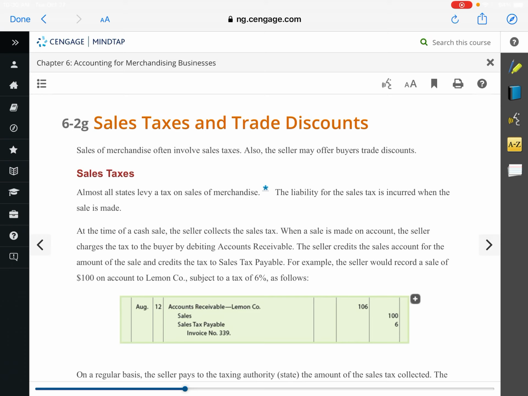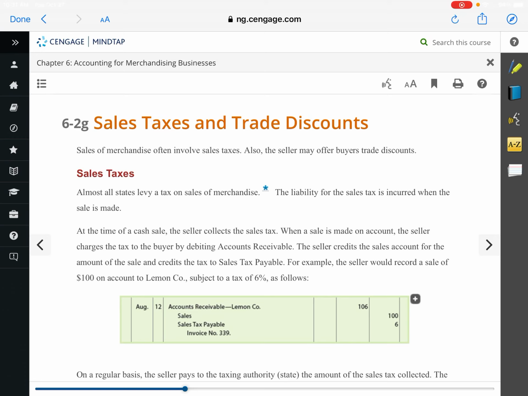So the issue of freight all hinges on what are the freight terms. If it's FOB shipping point, we add them to the cost of the merchandise because we're retaining ownership while it's being shipped. If it's FOB destination and we don't assume ownership until it's delivered, then we can't add it to the cost of our merchandise. Okay? So in part A,